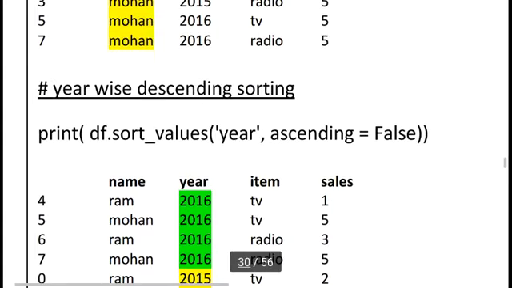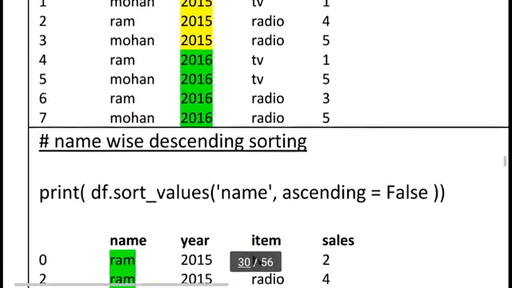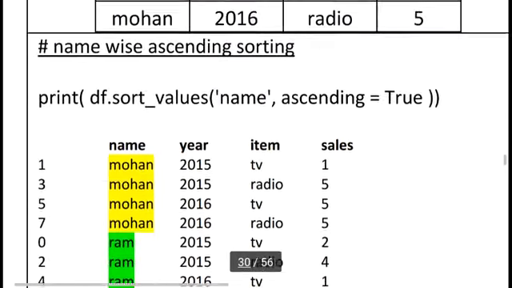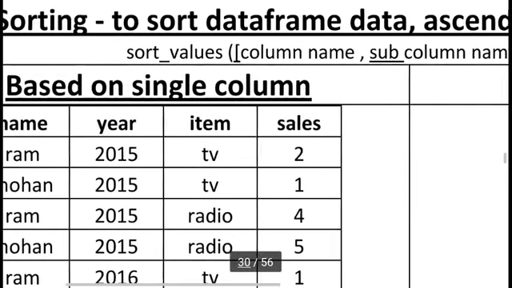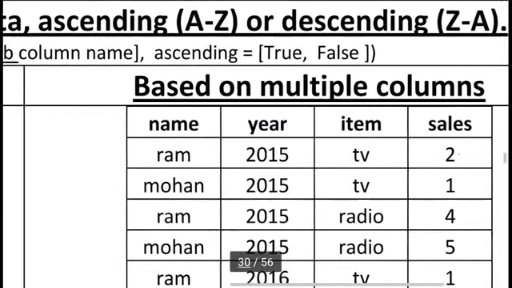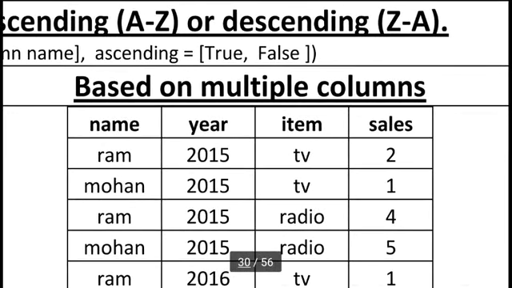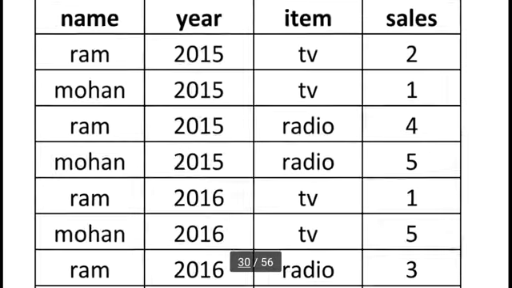But Python provides a new facility. We can sort and subsort our columns also. This topic was only concerned with a single column, but here I am taking multiple columns, meaning sorting and then subsorting. Sort a column, then again subsort another column. So this is a very simple topic. I am taking the same example here.